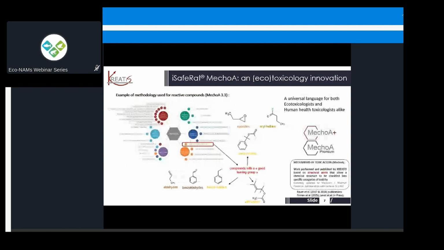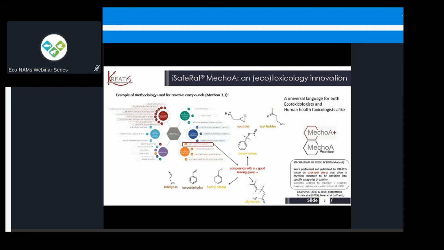Initially, we started with a model called MECOA, and now we've expanded on that with a lot of work together with Liverpool John Moores University, sponsored by Unilever, and that has now incorporated a lot of their work within our original MECOA scheme. And together with our own supplementary work, we've now created what we call MECOA Plus. MECOA Plus has just been included in the OECD QSAR Toolbox. So it's an add-in, you can add it in as a patch. And there are some publications on this.